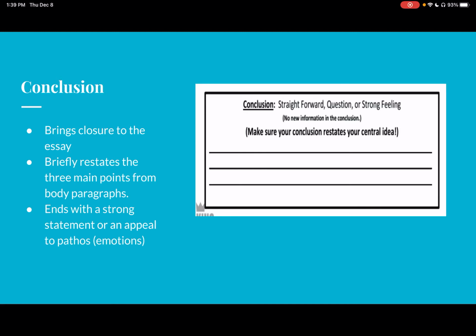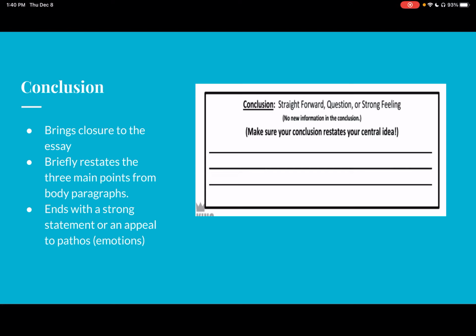In your conclusion paragraph, it brings a natural closure to your essay. It very briefly restates the 3 main points from each body paragraph, so 1 from each, and it ends with a strong statement or appeal to pathos, which we know is an appeal to one's emotions. So your conclusion